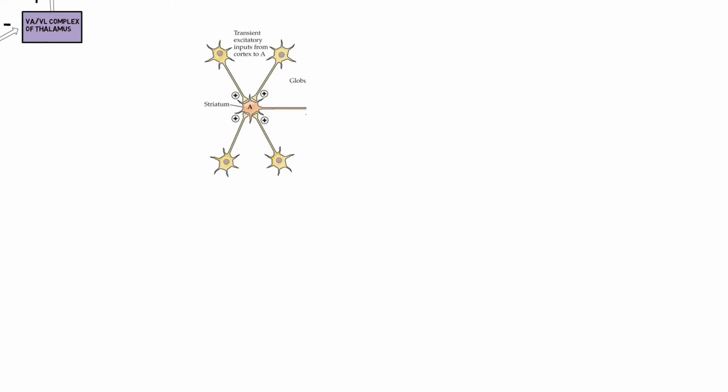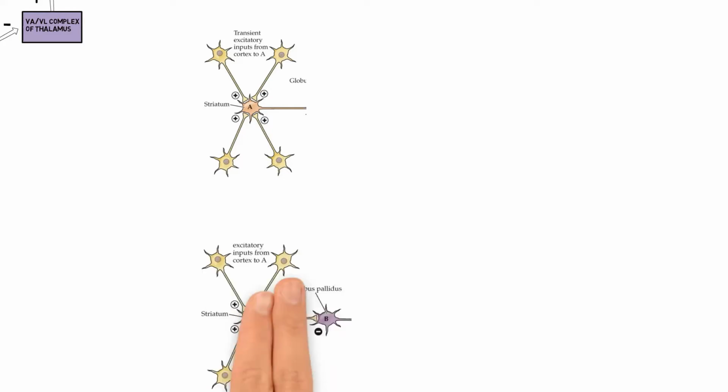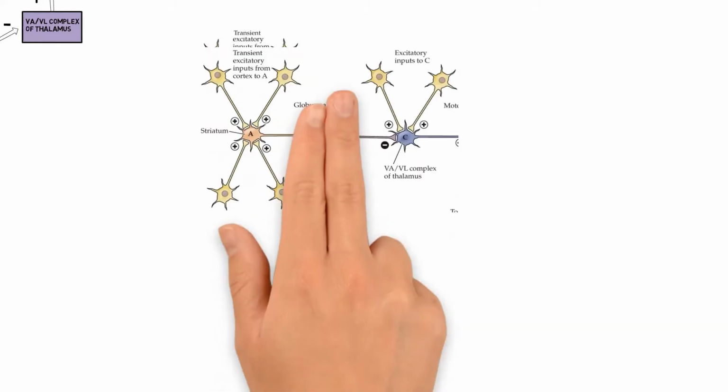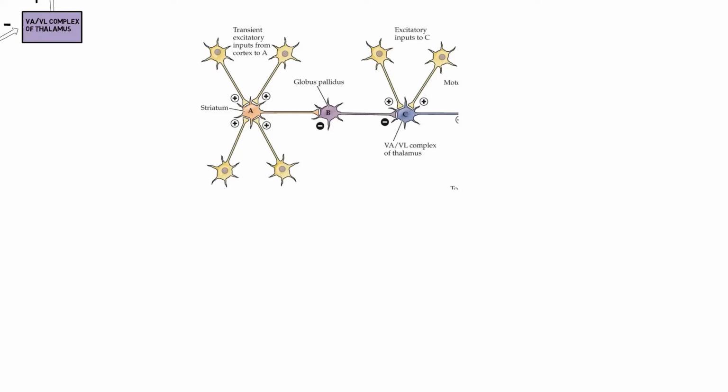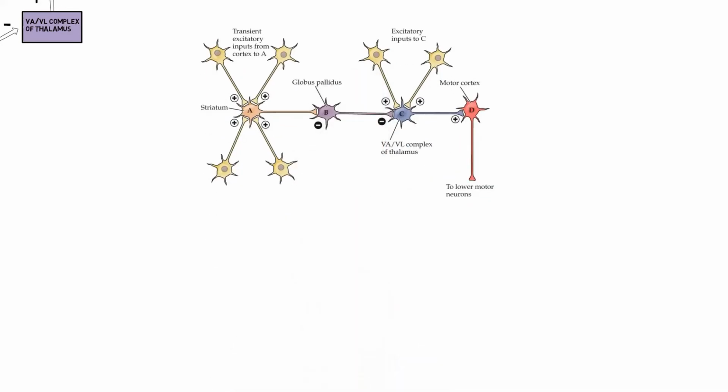These pathways are important, so I will repeat the pathway from a different view. Starting with the striatum, which is the caudate and the putamen, excitatory transient input to the striatum will send a transient inhibitory signal to the globus pallidus, turning off the tonically active input of the VA and VL complex of the thalamus, which excites the motor strip